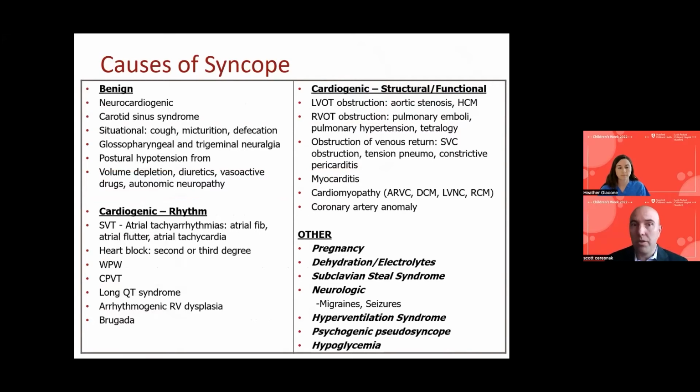And then looking at the rhythm, could there be rhythm problems that contribute to syncope? So supraventricular tachycardia, ventricular tachycardia, as I mentioned, heart block, and other arrhythmogenic syndromes and inherited arrhythmia syndromes, such as long QT, Brugada, CPVT, and other things that can cause rhythm problems. And there's also the structural functional problems, like cardiomyopathies, aortic stenosis, pulmonary hypertension, myocarditis, coronary artery abnormalities. All these structural and functional changes can also be cardiogenic causes of syncope. And then that other group, the non-cardiac causes, could still be a minor cause of syncope.